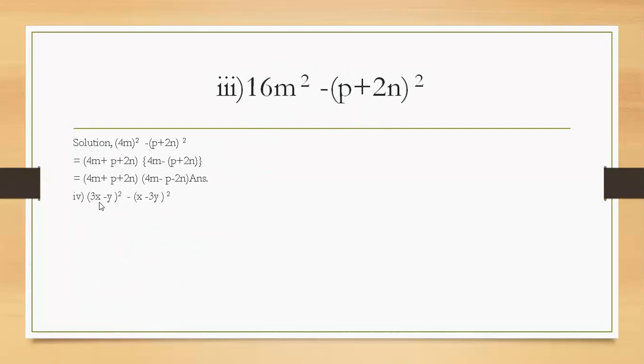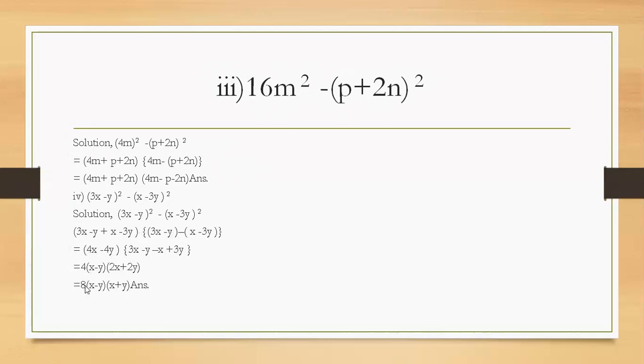Okay, now here this is a means 3x minus y and b means x minus 3y. Right, here first a plus b, a means 3x minus y and b means x minus 3y, and there is a minus sign, that's why put them in bracket, because when you remove the bracket, this sign will be changed. And here look here, 4x minus 4y, 4 common. Here 3x minus x is 2x, and 3y minus y is 2y. Then 2 common, and it will be here 2 times 4 is 8. Here remains x minus y. Here remains x plus y. Here also we have to take common. Okay, 2x plus 2y also is common.